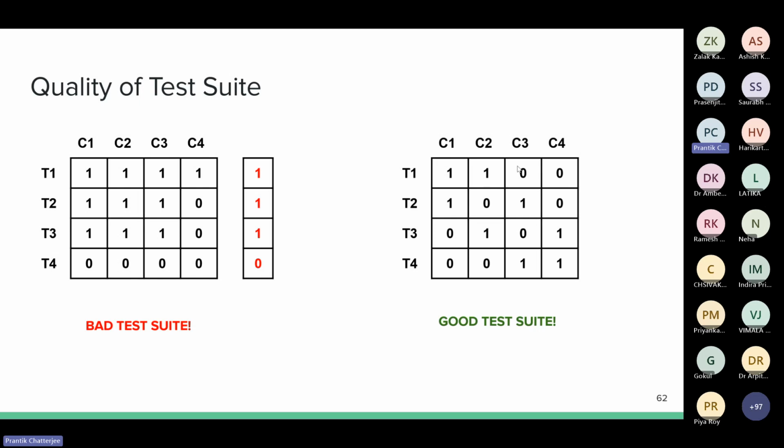But if you look at this test suite, you will see that all of them have a unique pattern. So the unique pattern will guarantee that all of them will have a unique OCI score, and you will be able to appropriately rank them. So this is a good test suite. Now, how do you produce a good test suite, or how do you optimize your population of test suites to finally reach this good test suite? That is a question.